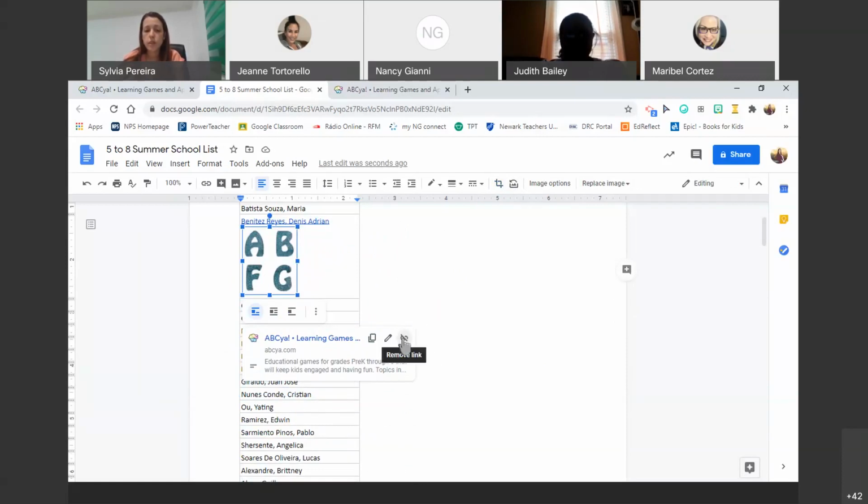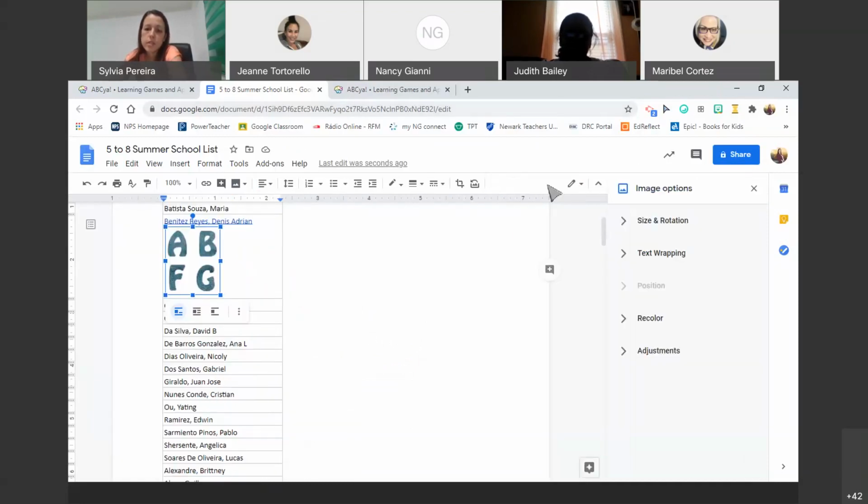I can always remove a link. Let's say I chose not to do it. I can remove it and it'll no longer have the link just by clicking on the picture. Then you have your image options, if you want to change the size or the text wrapping, you would go there. So, it's a matter of exploring